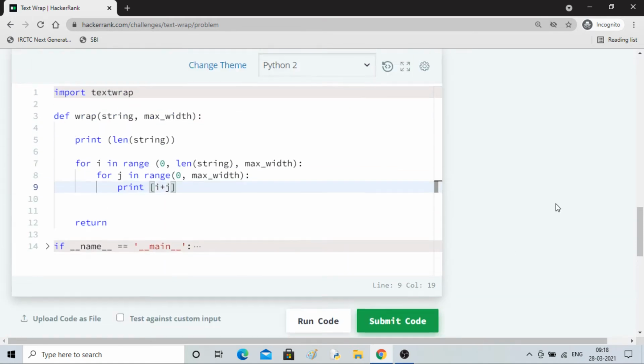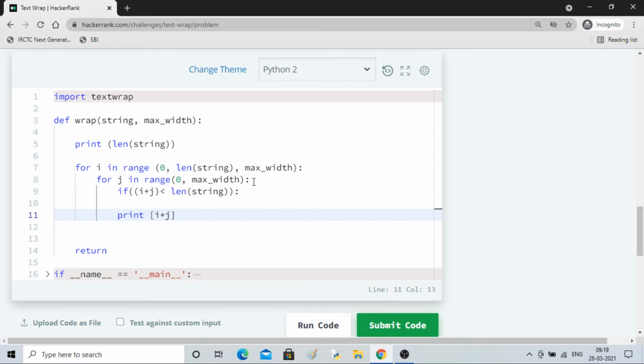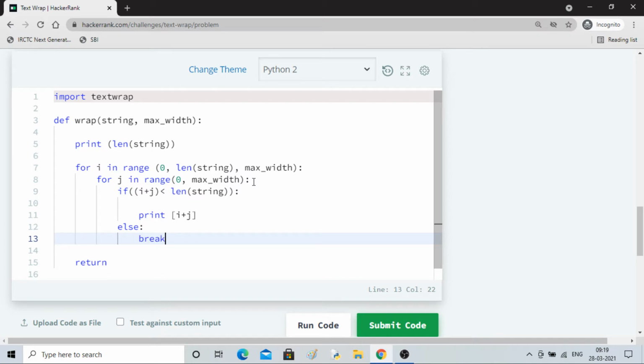So what I can do is put a condition: as long as my index value I plus j is less than length of string, then print this, else it will break. So that should work.